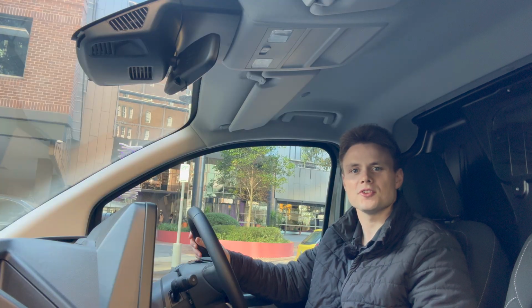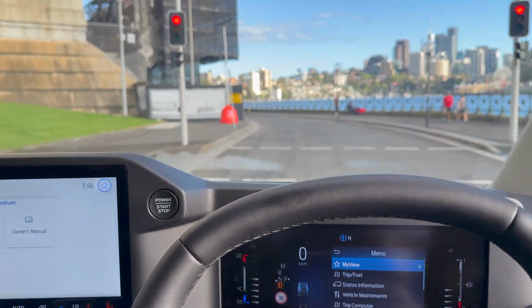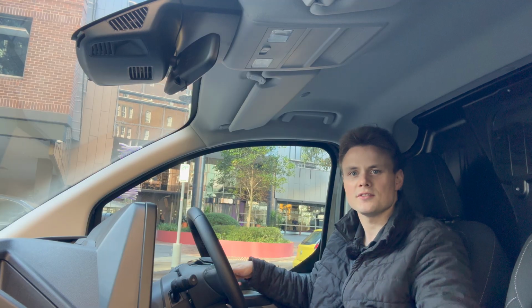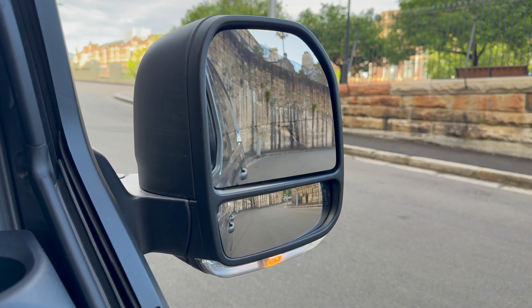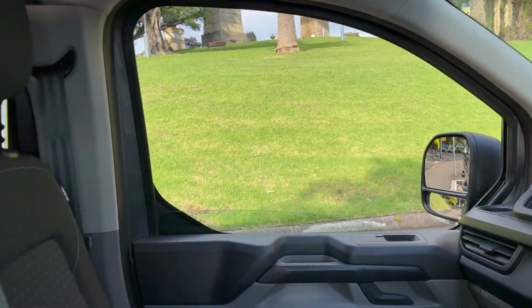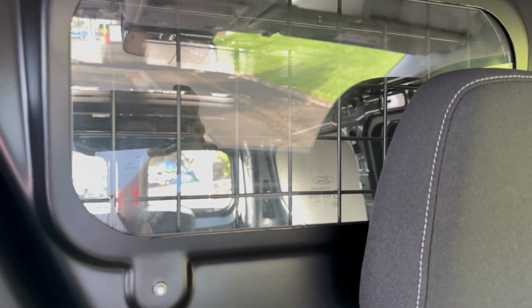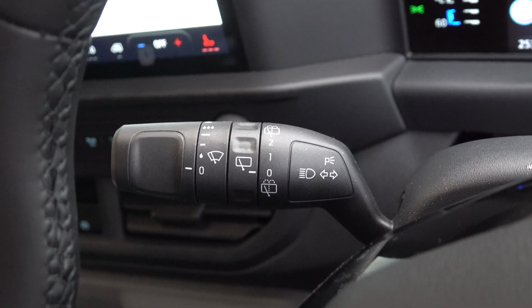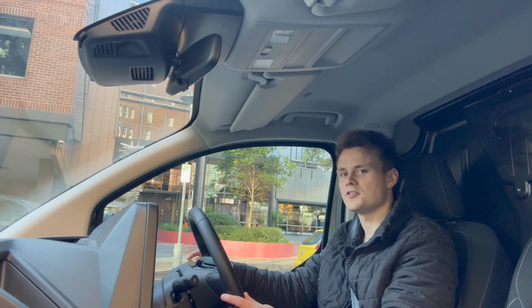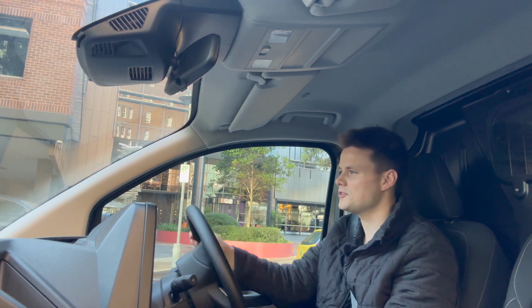Right, let's now move on to the driving impressions, starting off with vision. I've got great visibility at the front, decent side vision, as well as decent sized wing mirrors with additional mirrors down below. And right behind me you've got this small window, and as you would expect for a van, you will really need to rely on those mirrors. Now firstly, there is a gear selector on the right hand side, and your indicator stalks are on the left hand side, and you just hold the P button to place it into park